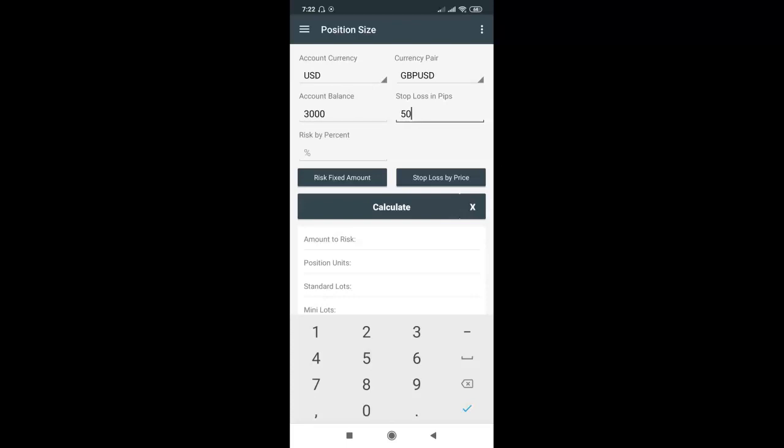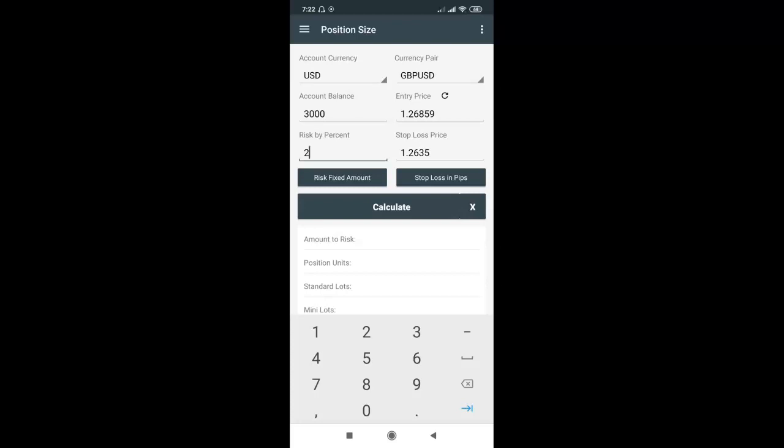But if you want to put in the stop loss the way I did it on the PC in the last video, you come here and you can see stop loss by price. Click on stop loss by price. Now you can see your entry price. Type in your entry price there. Entry price was 1.26859, and then under stop loss, type in your stop loss there. Stop loss was 1.26359. And then your risk percentage was 2%. Just put 2 there.